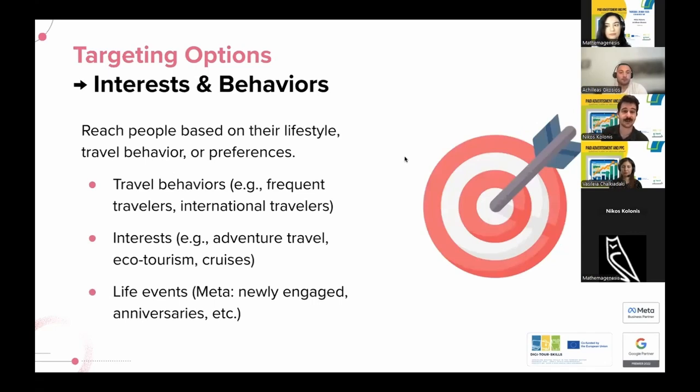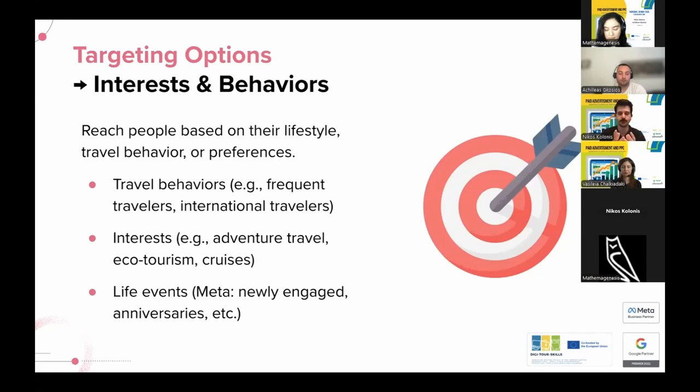Another very powerful option is to target based on interests and behaviors. This one is much more potent in Meta ads, so in social media, Instagram and Facebook, but it is also available on Google Ads. In those platforms, you have some pre-built audiences.